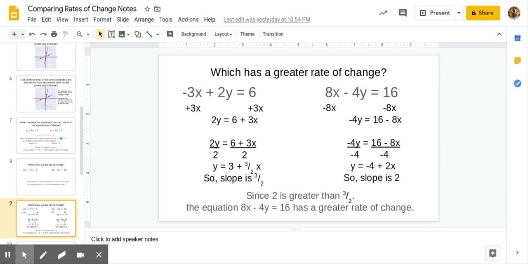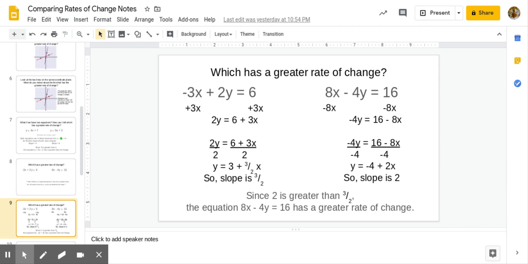Y is still not alone. We need to divide each side by negative 4. Negative 4 divided by negative 4 is 1, so we just have 1y equals 16 divided by negative 4, which is negative 4, and negative 8x divided by negative 4 would become positive 2x. Since the number with the x is 2, the slope is